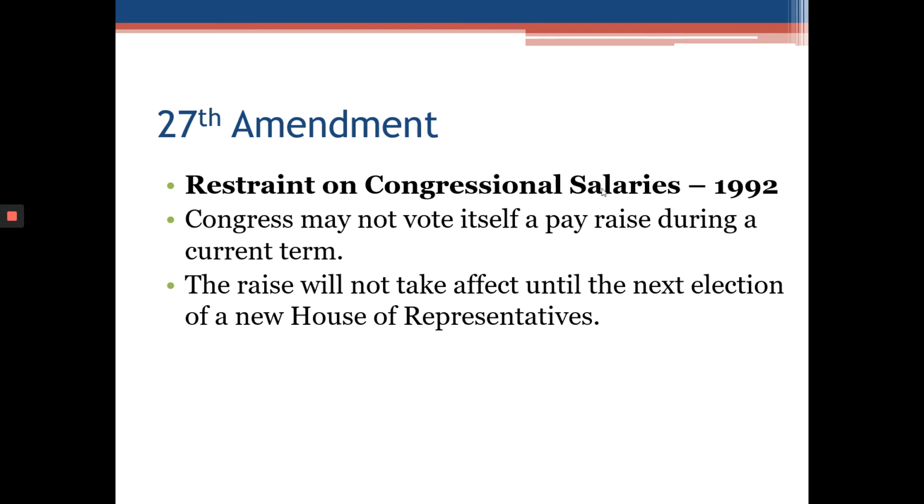Okay, that's all 27 amendments to the Constitution in these two presentations. There's an assignment that accompanies this. It's very brief, and if you need